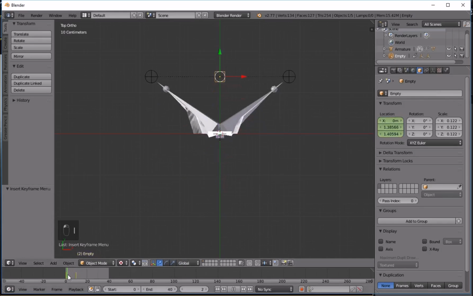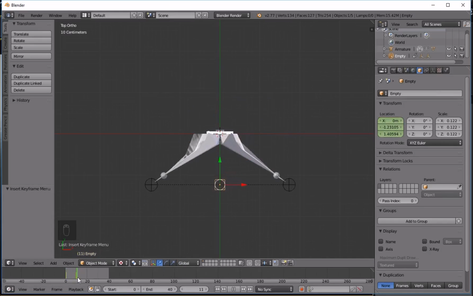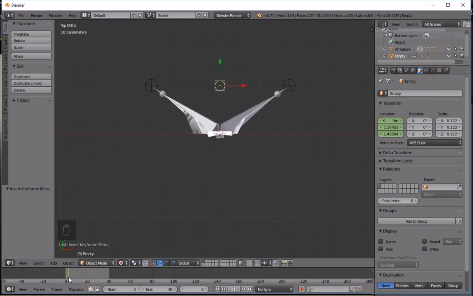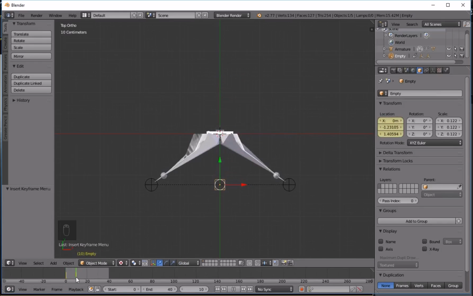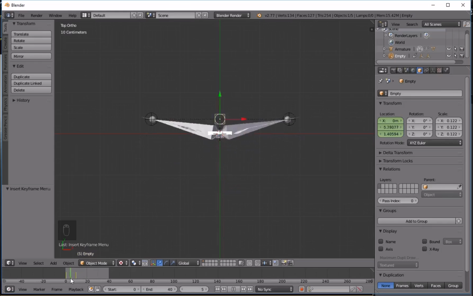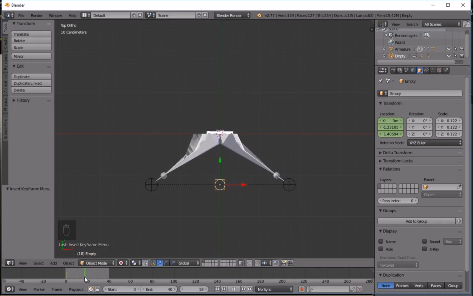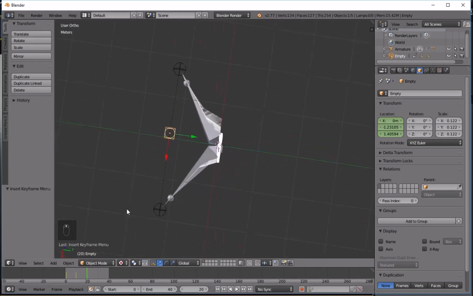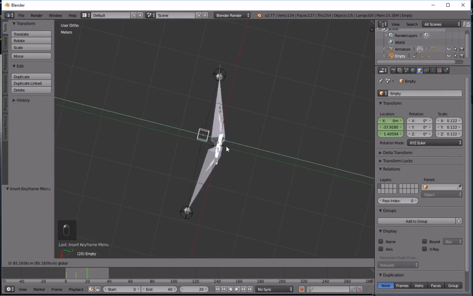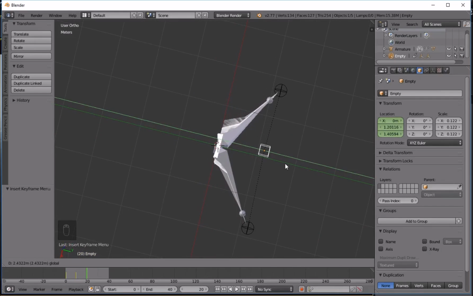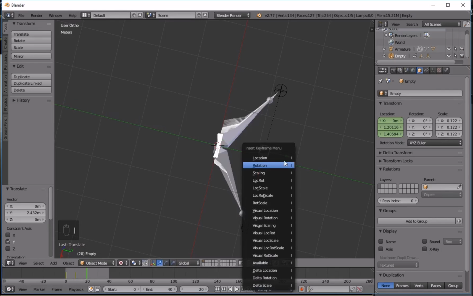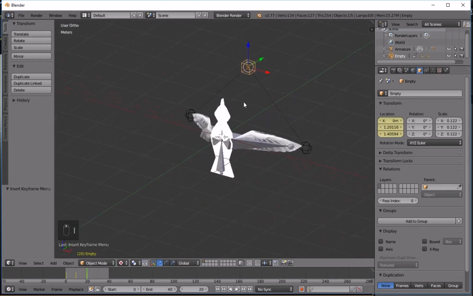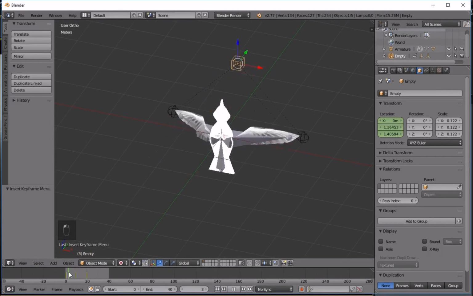So now we have a wing movement up and down, or down and up, whichever way you guys look at it, and then at 1 and then 10 and then at 20 I will move them down again, so about here, and then I and location. So now we have a simple